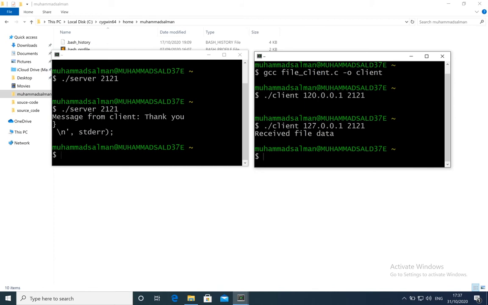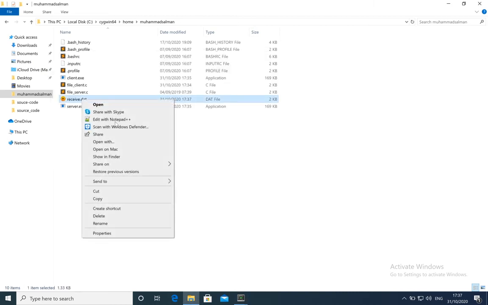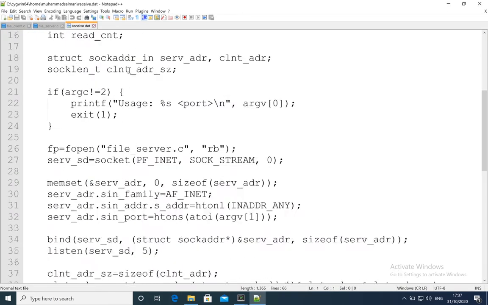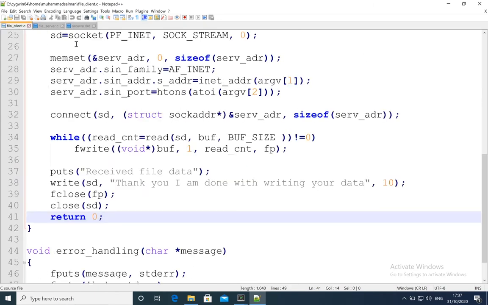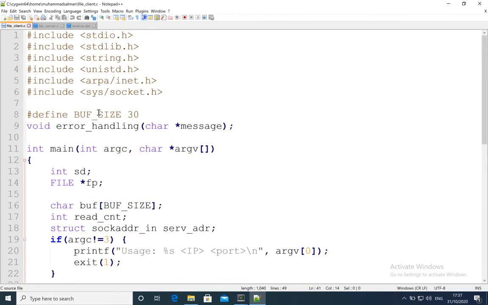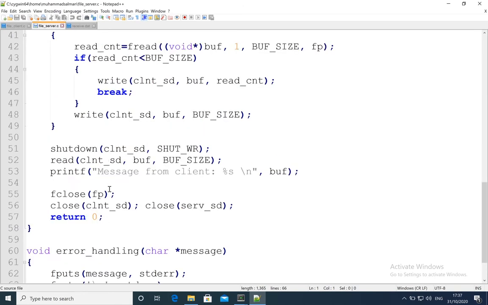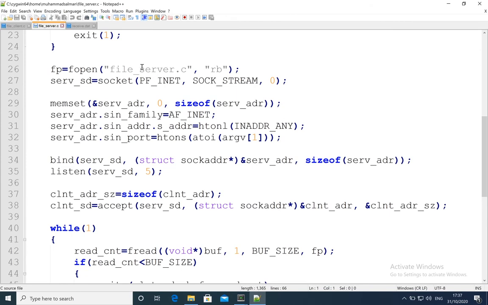Thank you. So I'm done with writing the file and received file data is here, and then I'll simply open it with the notepad and it should contain the same file, exactly the same file as we have, the file client.c, because we were going to read something which was this one. We were going to read something which was file server.c. So we were reading the whole file server.c, which is itself this one, and we were going to send it